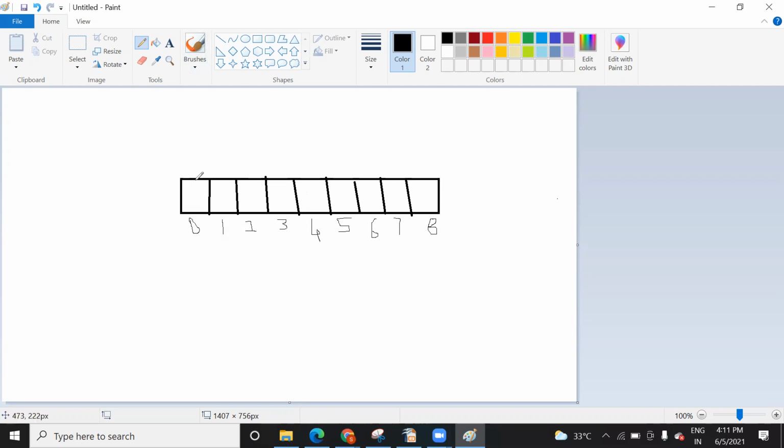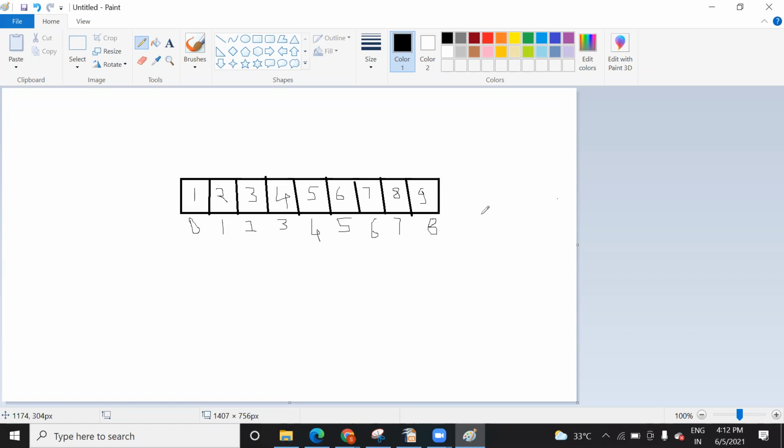Sorted array in the sense you have values in sorted form, 1, 2, in ascending order. You have elements arranged in this array in ascending order. And 8 is your last index. So it means how many elements do you have? 9. Correct. How did you find it out? Last index, that is your upper bound, 8,